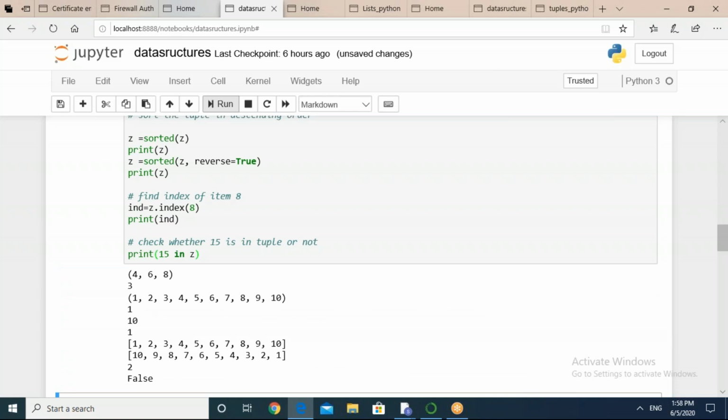Very good. And if you want to check not in, then you will have to mention the item and not in and tuple name.